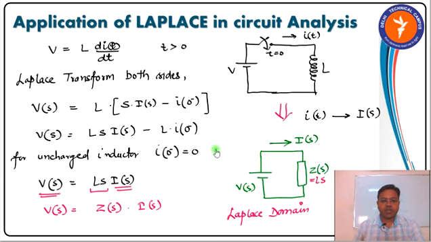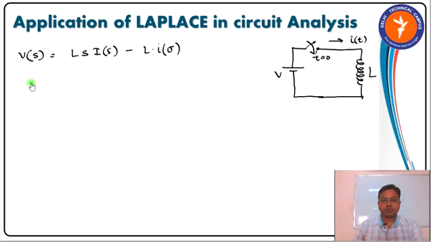Let me use another slide to draw. I will use this equation again, or let me copy it. So we had this inductor. Now we are considering this to be a charged inductor, that is, I of 0 negative is not 0. If it is not 0, we will use this equation to draw the equivalent circuit of the inductor